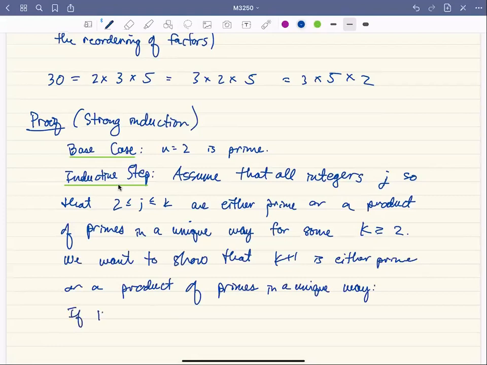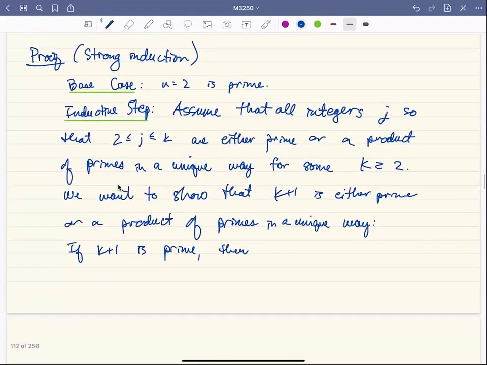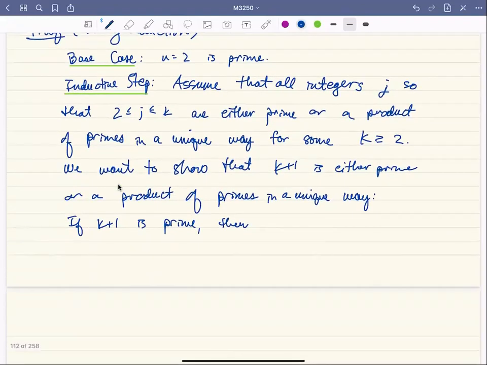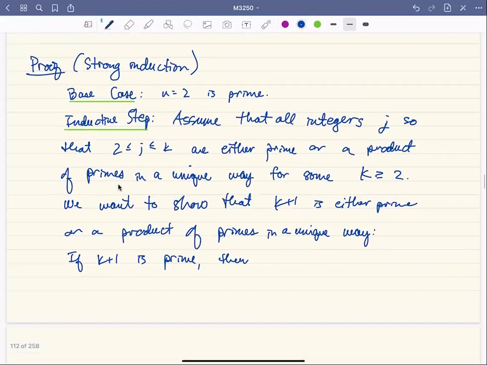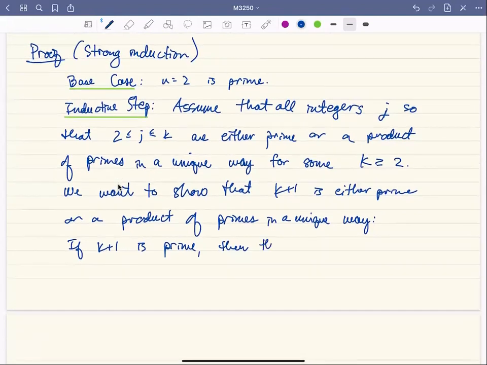If k plus 1 is prime, then we're done. If k plus 1 is prime, then the statement is true. If k plus 1 is not prime, in other words, if k plus 1 is composite,